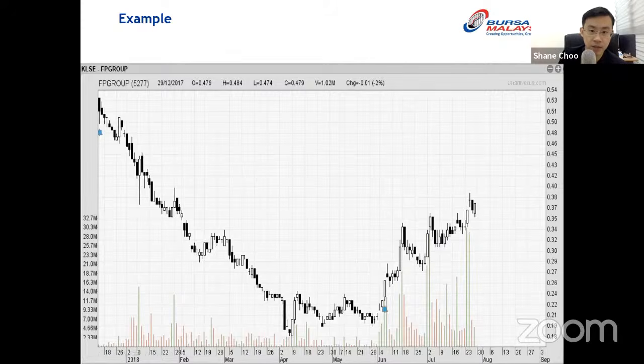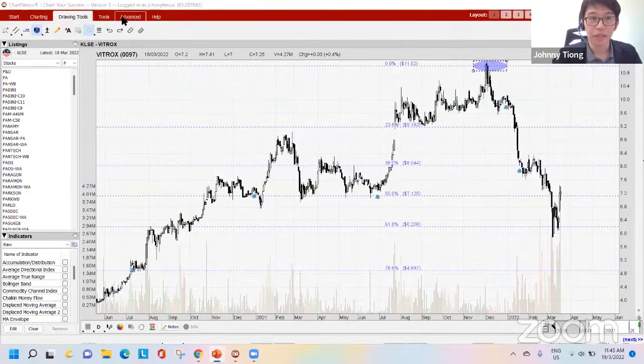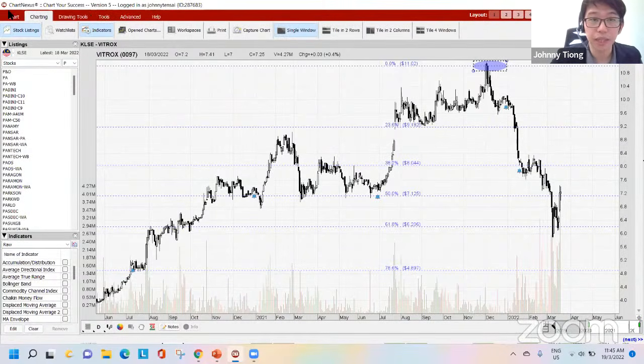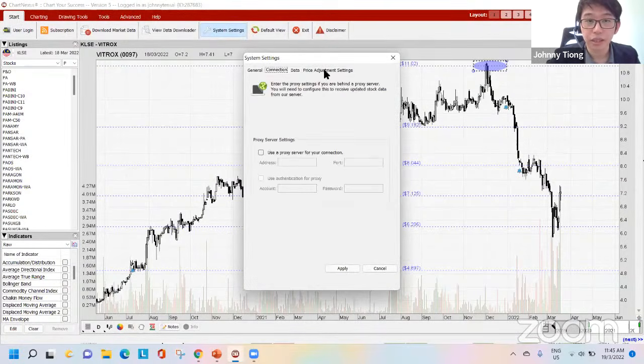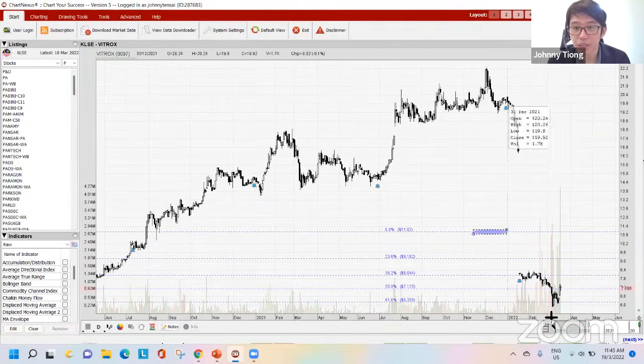Should the pricing in the chart be adjusted for bonus issues when we analyze the chart? So there's a question by Raj Kumar. Okay, we choose a counter. We need to input the element of the bonus, because if not, where is my system settings? Okay, let's say for my chart nexus, if I disable my bonus issue, you can see it's a bit hard for us to track because there's no adjustment.